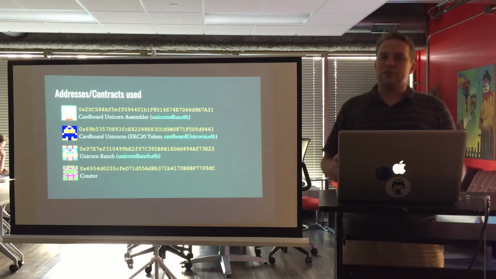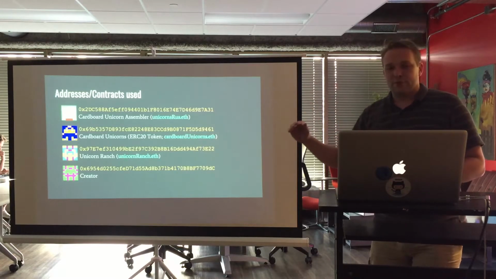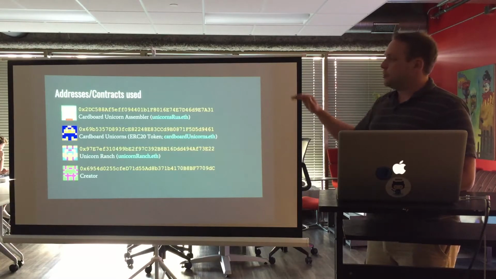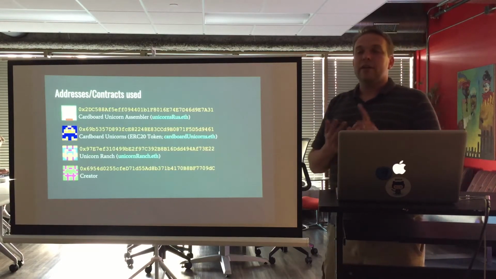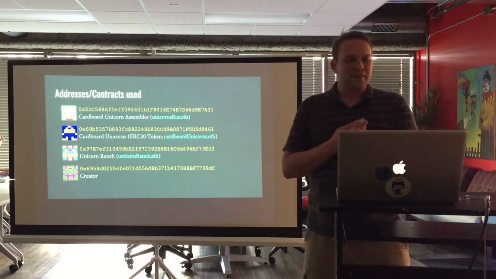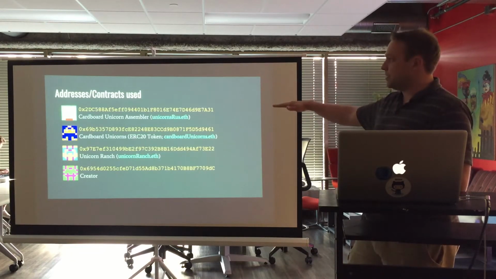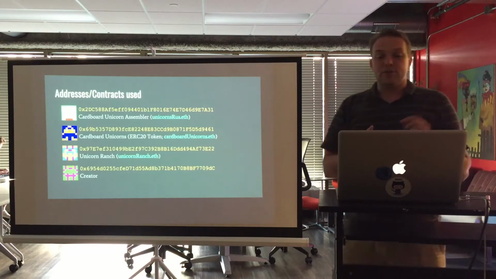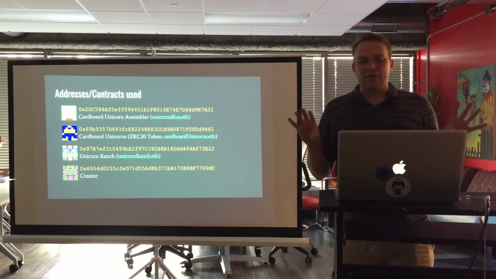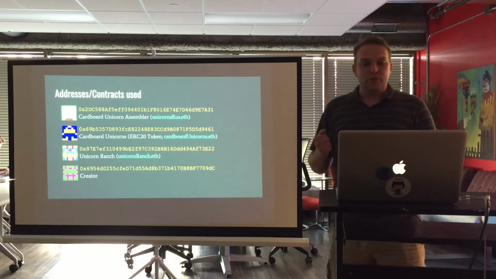As I said, I created a bunch of contracts for practicing this. And so the story around this one, we covered the first two in the first presentation. The Cardboard Unicorn Assembler is the contract that has logic where if you pay it Ether, it will give you brand new, freshly minted cardboard unicorns. Where it actually records that you do have those unicorns is a second contract. The Cardboard Unicorn contract is the one that adheres to that ERC20 standard, a kind of baseline of knowledge of what a token should be. And today we're going to be covering that Unicorn Ranch one as the new piece in this puzzle.